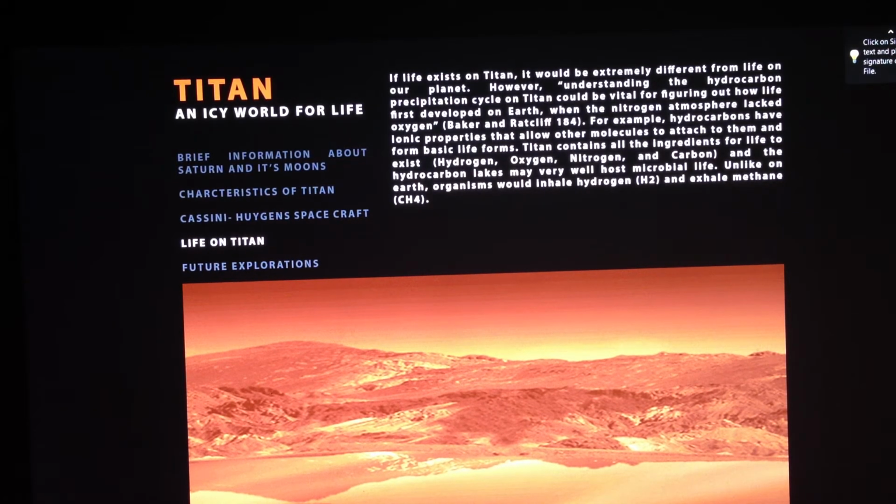For example, hydrocarbons have ionic properties that allow other molecules to attach to them and form basic life forms. Titan contains all the ingredients for life to exist, as we know: hydrogen, oxygen, nitrogen, and carbon. And the hydrocarbon lakes may very well host microbial life, but definitely not any form of intelligent life, as we know. Unlike on Earth, though, organisms would inhale hydrogen and exhale methane instead of inhaling oxygen and exhaling